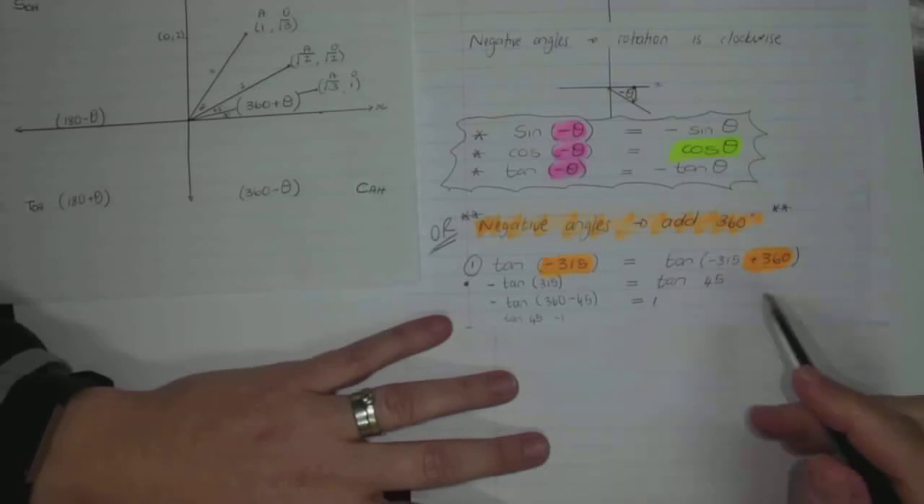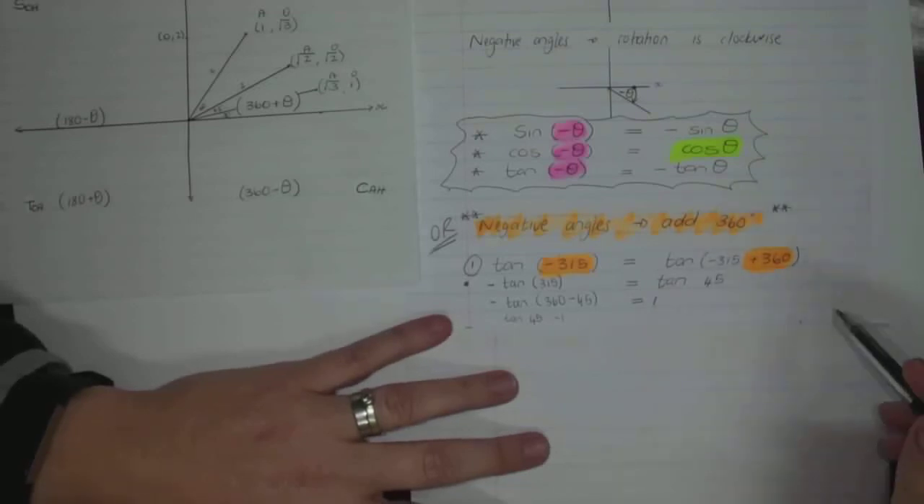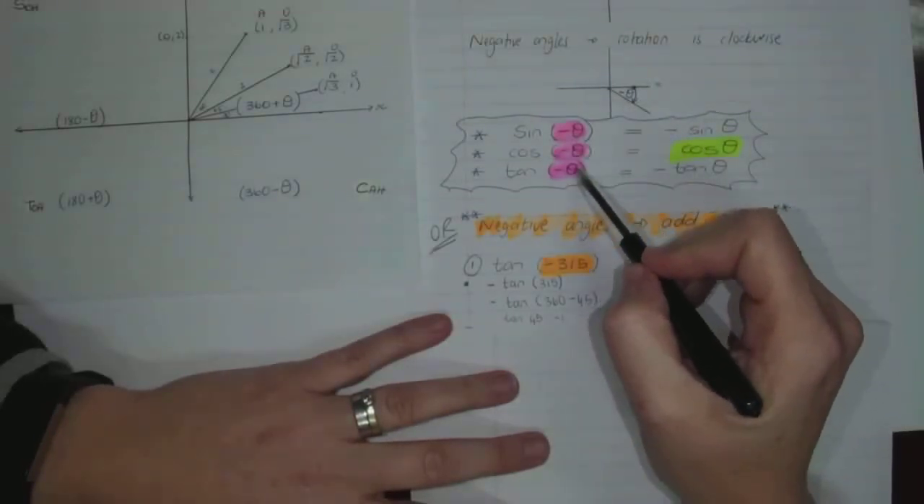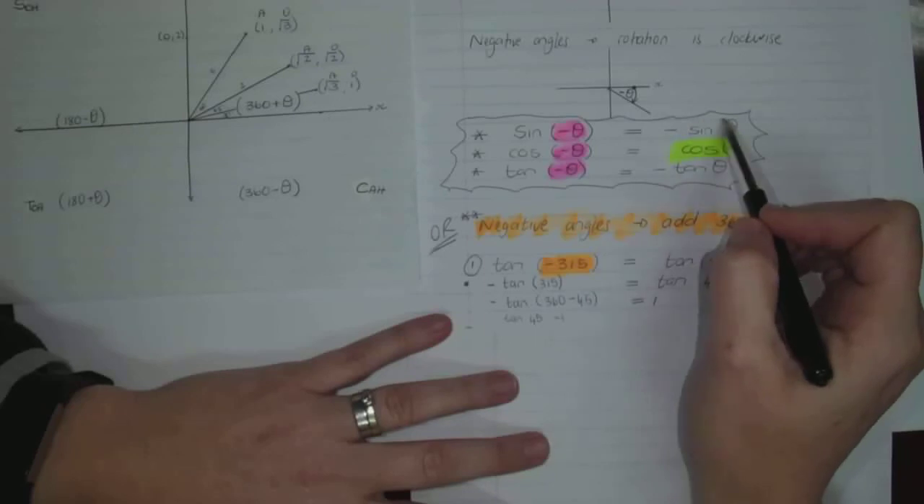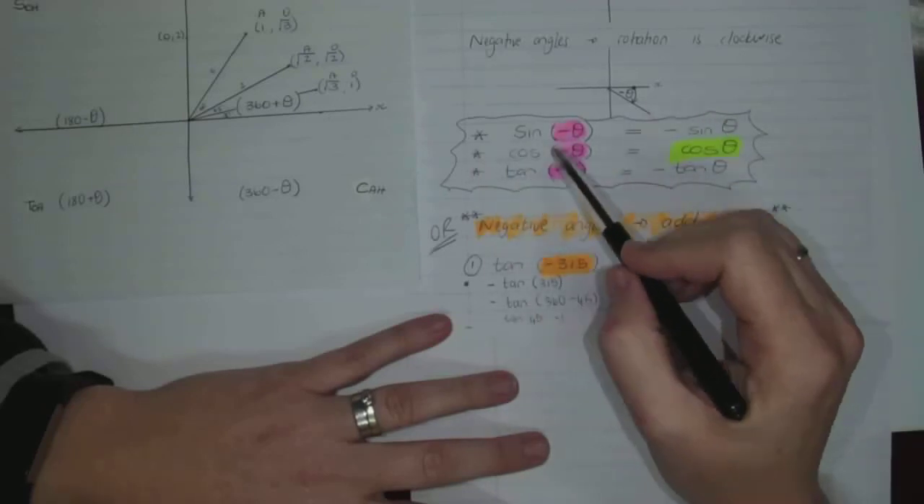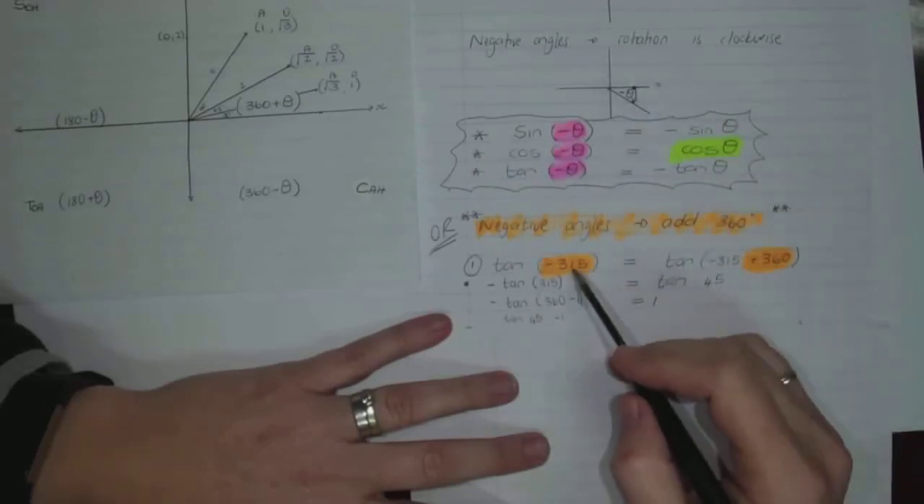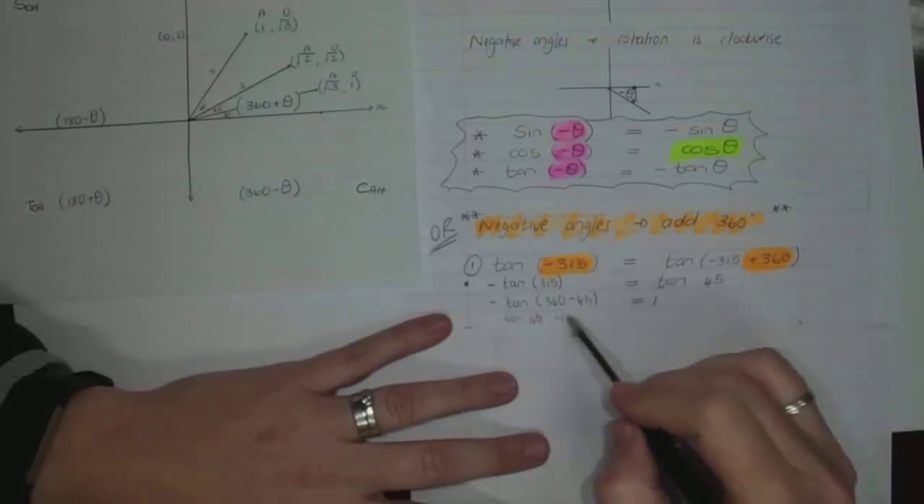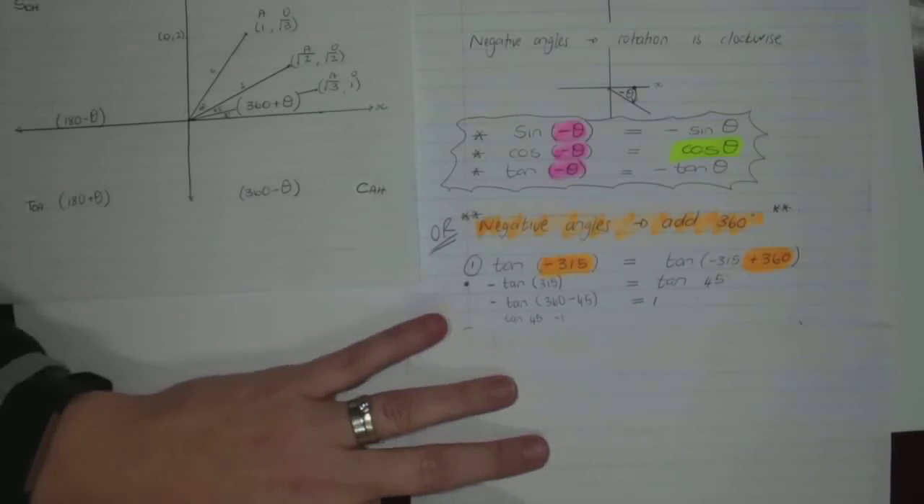Okay, so when do I use what? Here is my advice. When I have an actual angle value, you add 360. It makes it so much simpler. Alright,